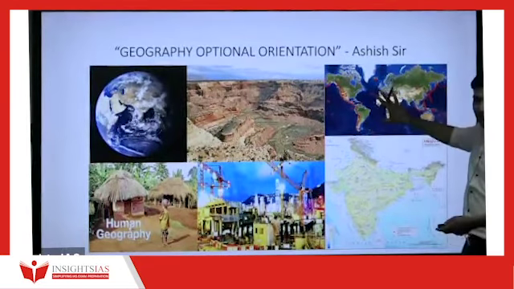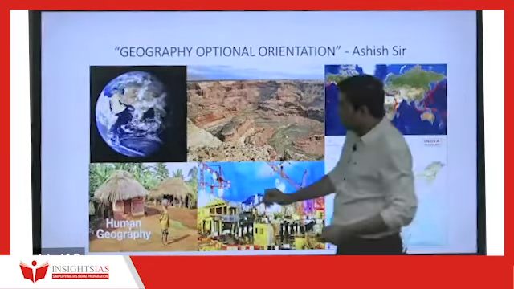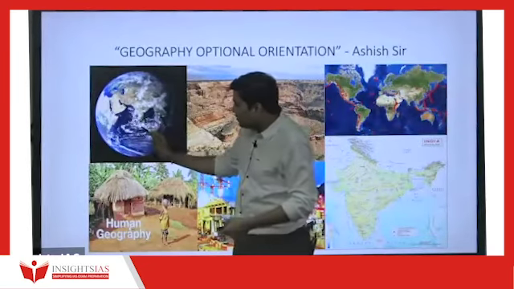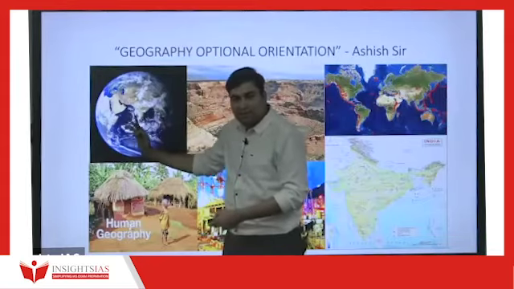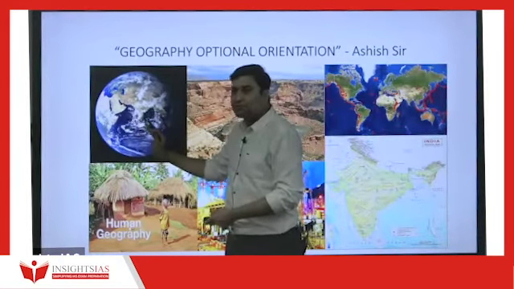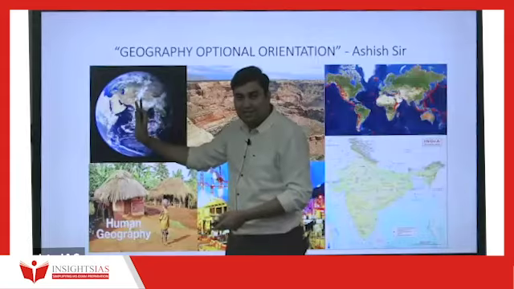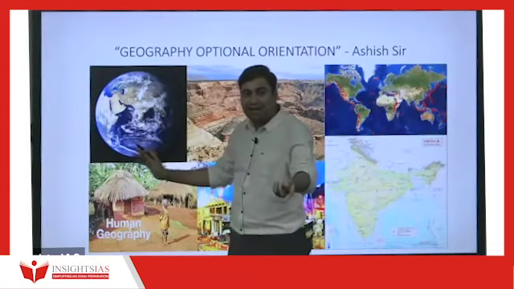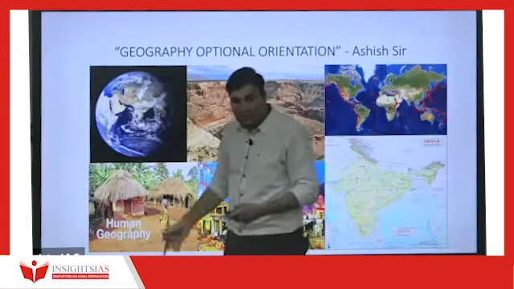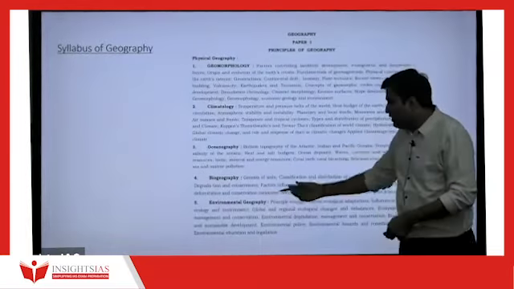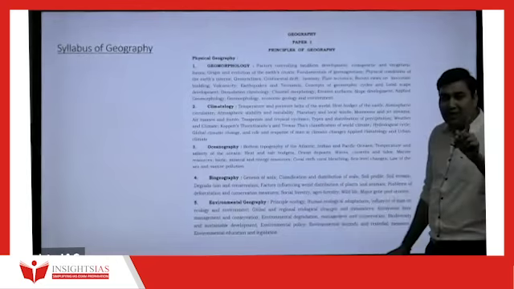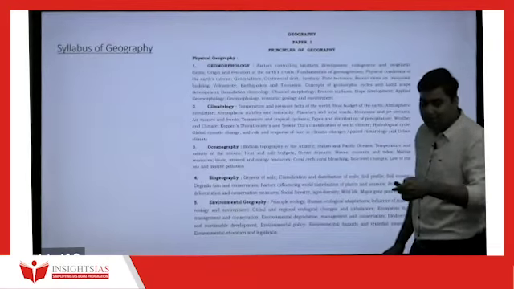Are you understanding it? Oceanography essentially means, for example, see, this is the ocean, this is the Indian Ocean. Movement of this, are you able to see it? This is the movement of the waters along with the planetary winds. The topic of planetary winds we'll study in climate, and ocean in chapter number 3. So this is oceanography. Biogeography means soils, and then environment geography. This is about part 1, paper 1.